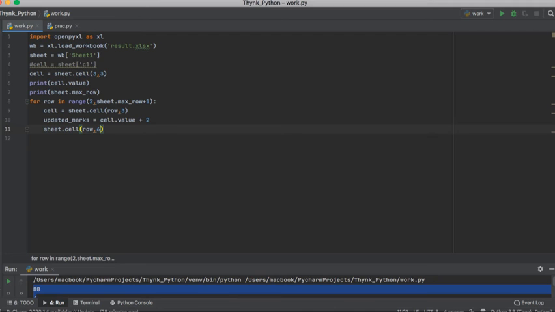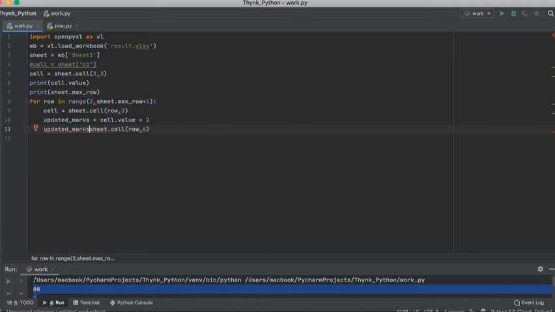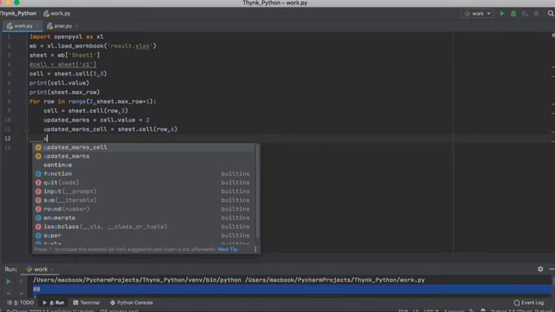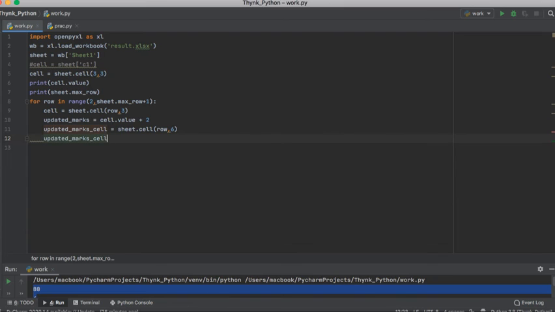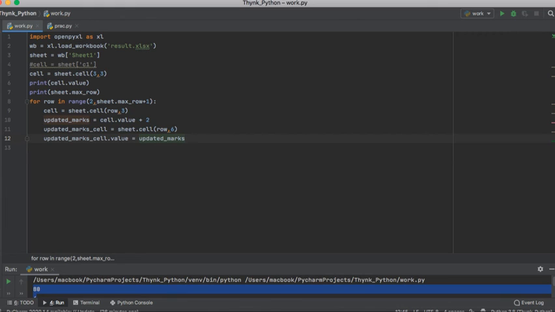Now this will return me the corresponding cell, for which I'll say updated_marks_cell. This cell should have a value which is equal to the corrected value, which is stored in updated marks. So this would be equal to updated marks, right?